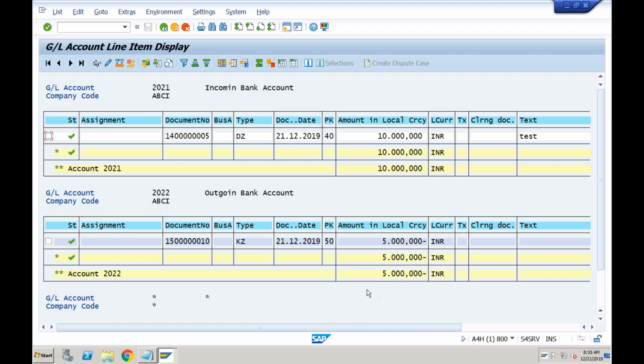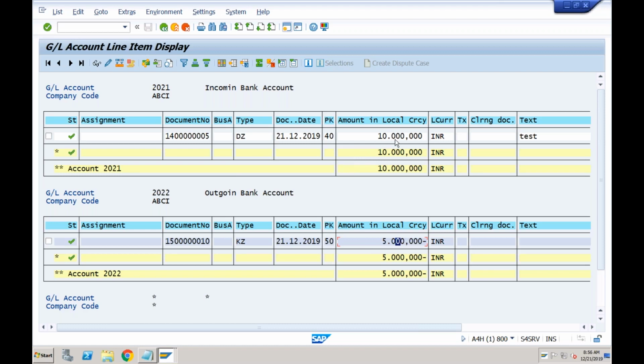Okay, but the thing is, am I going to do all these transactions manually? If there are thousands of transactions which companies are doing on a day-to-day basis, are you going to do all this matching, whether this amount is appearing here or not, whether it is cleared or not in the bank statement? Are you going to do it manually? That is a very tedious activity, right? That is a manual activity in short. So how can we automate this process? How can we tell the system that for each line in the bank statement, verify whether there is a transaction or not?